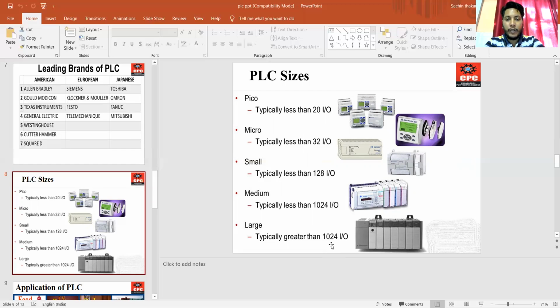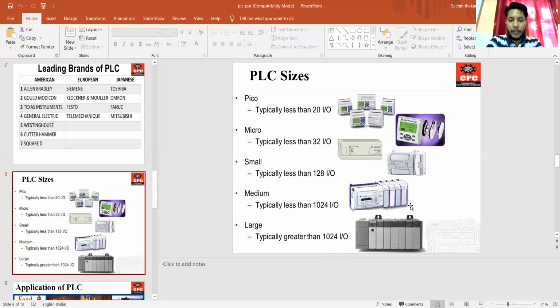First is Pico. Pico means typically less than 20 input output. The PLC sizes depend upon the inputs and outputs, how many input terminals or output terminals there are. So the first is Pico, where the input output is less than 20. Next is Micro.